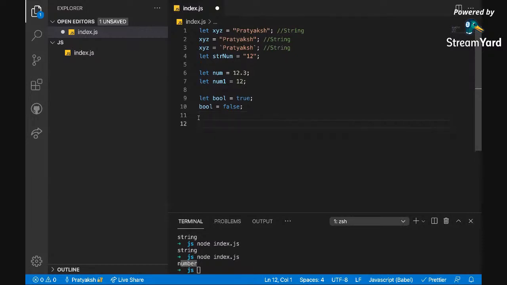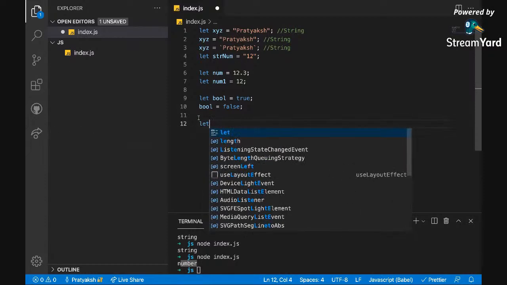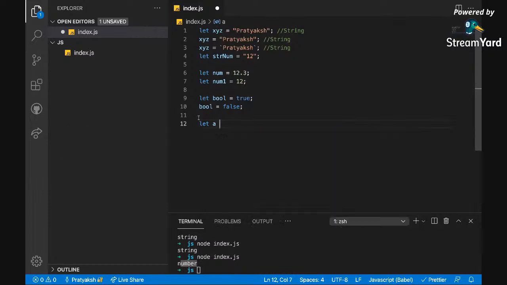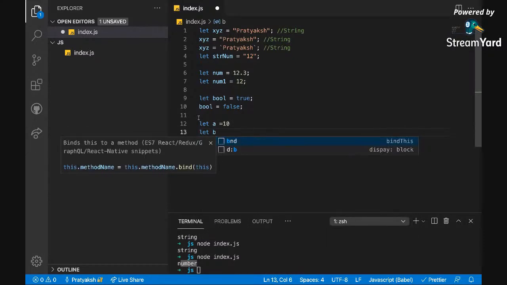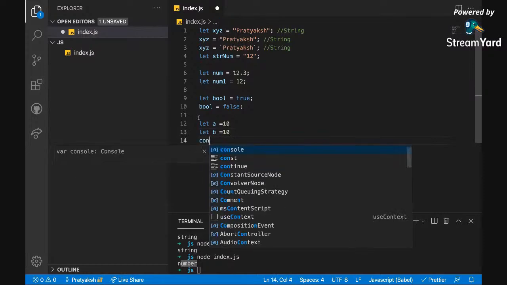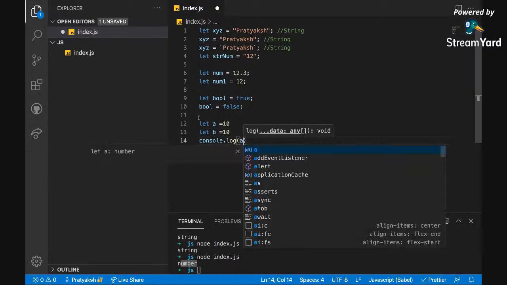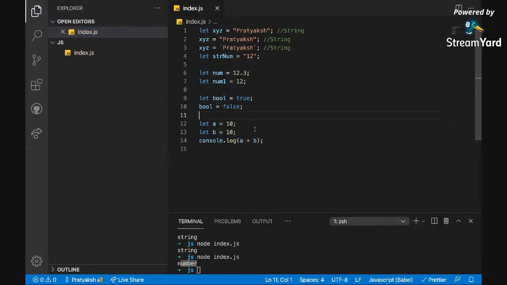So let's say I write a program to add two numbers. Just for example, I have let a is equal to 10, and let b is equal to 10, and console.log a plus b. Now it's very simple for this. You can write these three lines again and again, but consider you have something more complex over here, something like extracting data from your data set, or you are performing some complex math operation, and you don't want to perform this again and again.